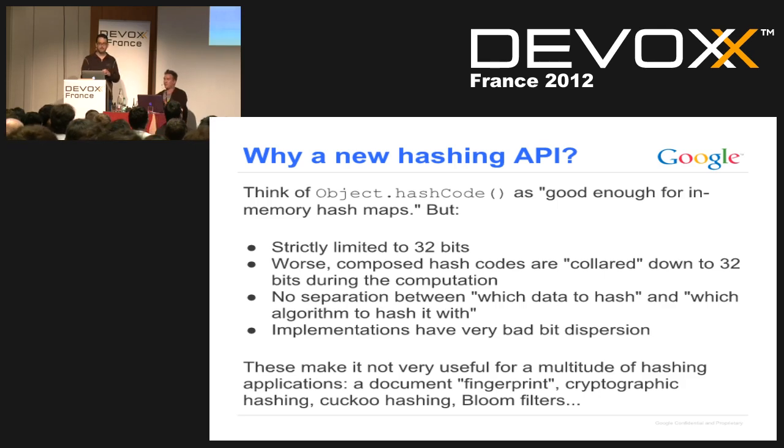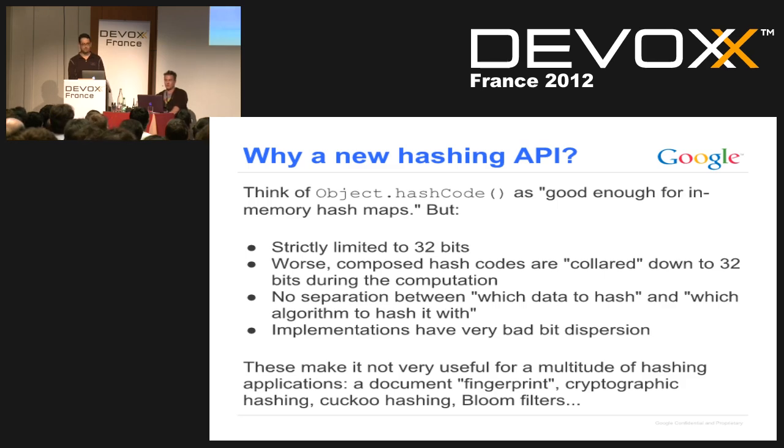But it is completely limited to 32 bits. You cannot have your 64-bit and 512-bit hashing algorithms in there. And there isn't even an elegant way to create a composed hash code where this hash code is based on that hash code, which is based on that one, and then just only limit it down to 32 bits at the end. Instead, you have these methods invoking Object.hashCode in perhaps a big tree of objects, and it's continually limited down to 32 bits. So you're losing information. You're losing the hashiness of the hash function to some degree, if you will.